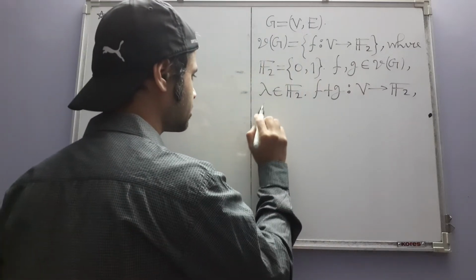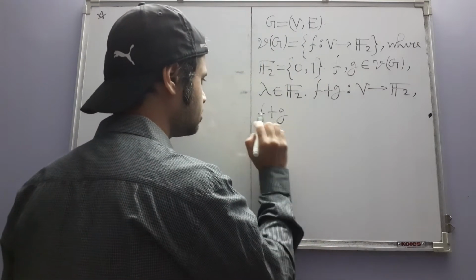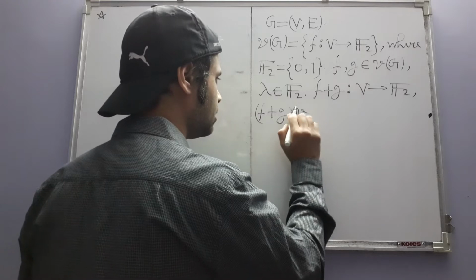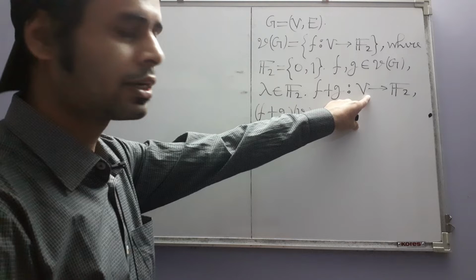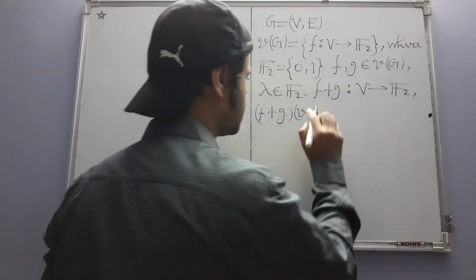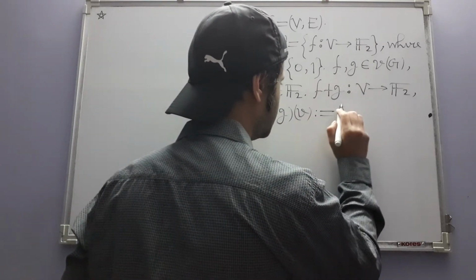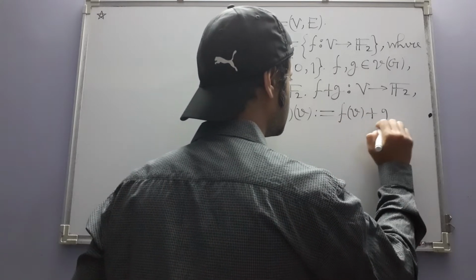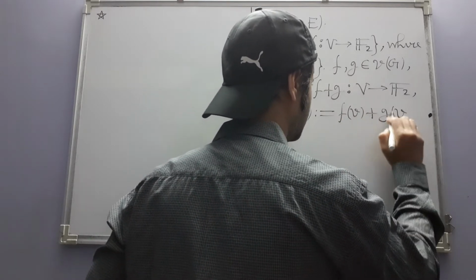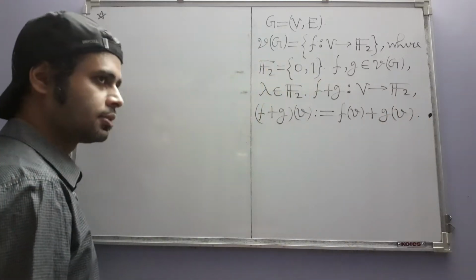What specific function? This one whose rule is defined like this. Evaluating f plus g at an input v, which will come from capital V naturally, means taking the sum of these two scalars f of v and g of v. Just like that,